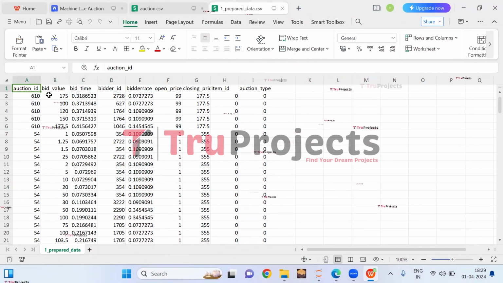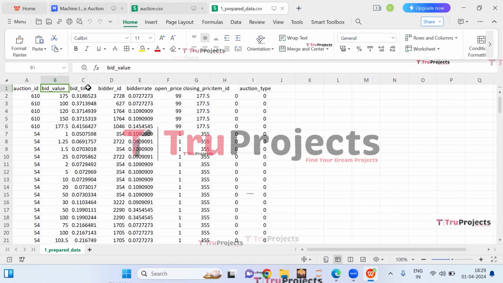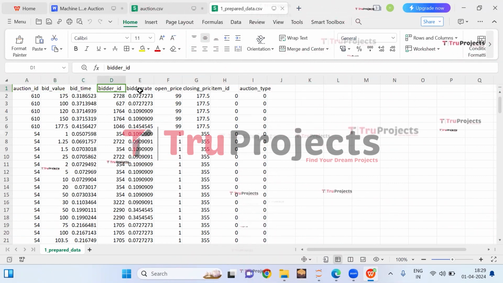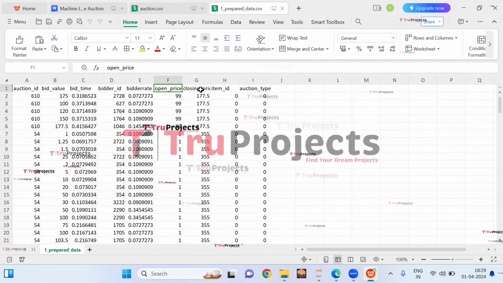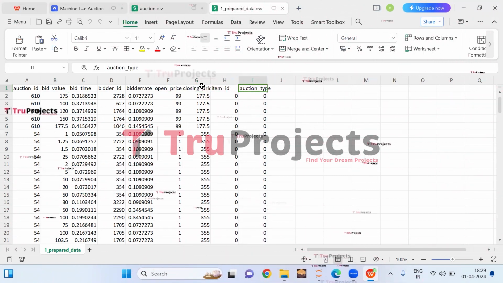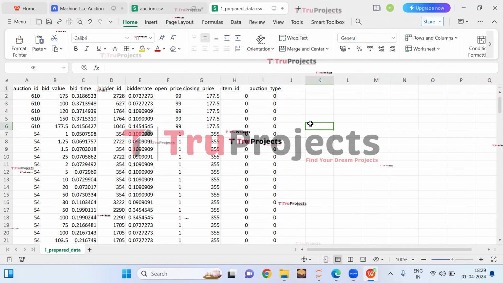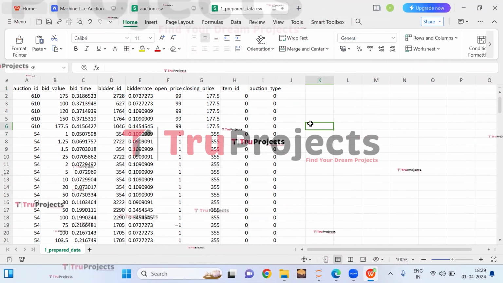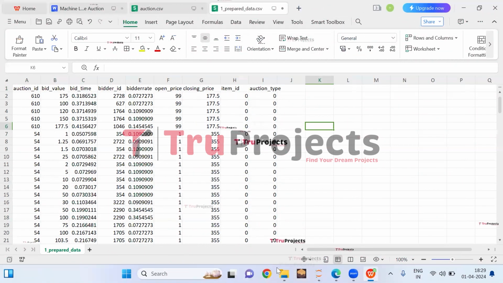The first one is auction ID, bid value, bid time, bidder ID, bidder rate, open price, closing price, item ID, and auction type. And this data set will be further processed.